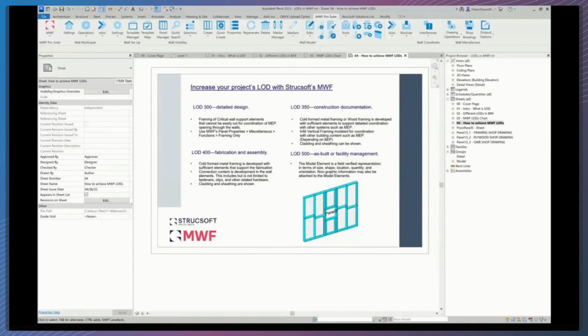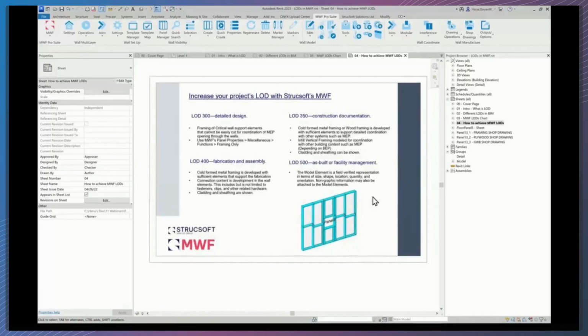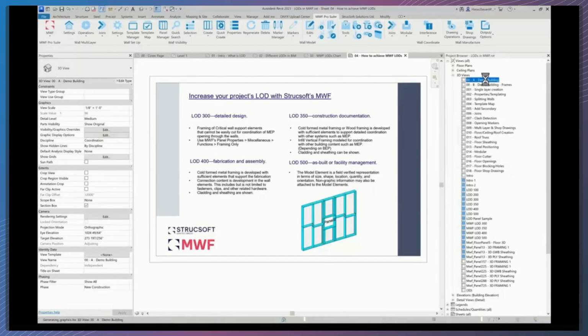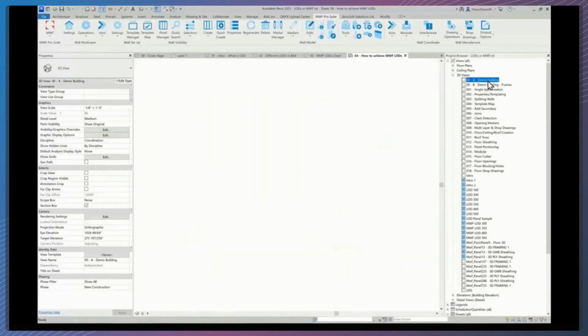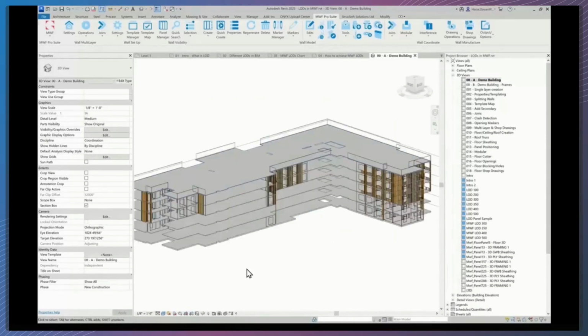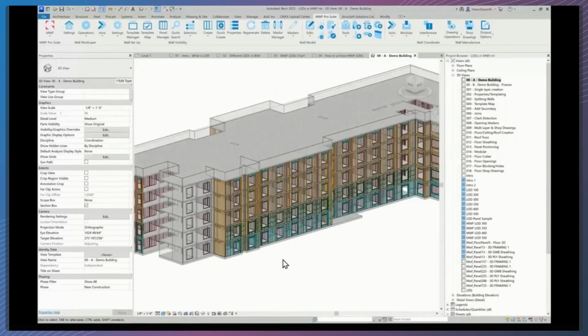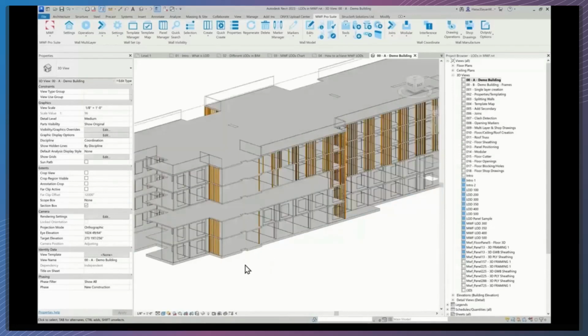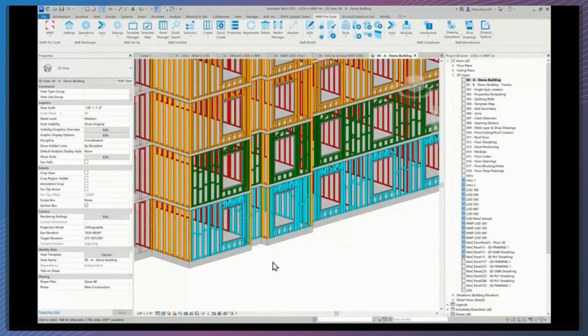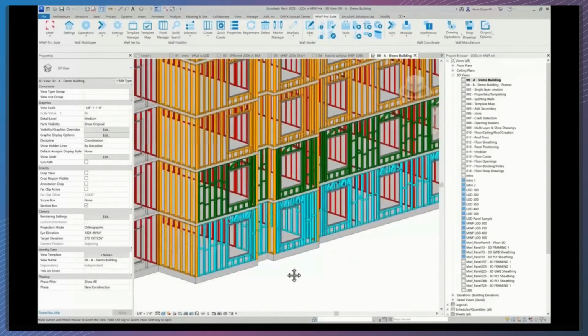Now let's talk about practical examples. Let's try something practical on a project. And we're going to upgrade the LOD of that project, and we'll go over a few more tools as well. Over here, we have a multi-level project that has been framed with MWF prior to this presentation. I'm going to zoom in here, and now we're going to talk about practical applications of what we were just